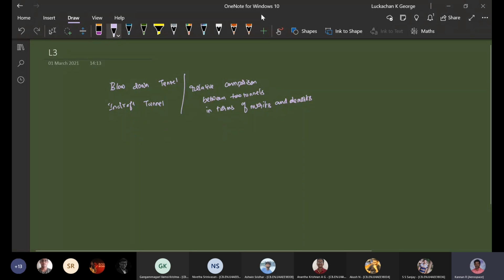If you take your tunnel, the main thing is, how are we going to achieve a supersonic flow here? You need to know certain basics of that. For example, if you take a blowdown tunnel, you are going to have a pressure tank. Through the pressure tank, you are going to have a settling chamber. In the settling chamber, you are going to connect your convergent divergent nozzle. At the end of the convergent divergent nozzle, you are going to get a supersonic Mach number. This is your test section.